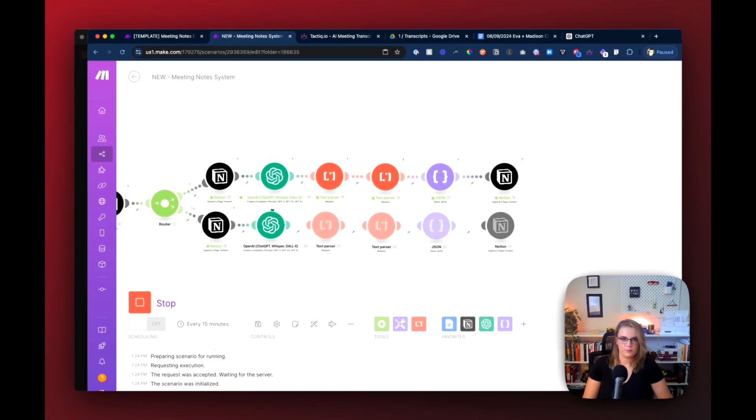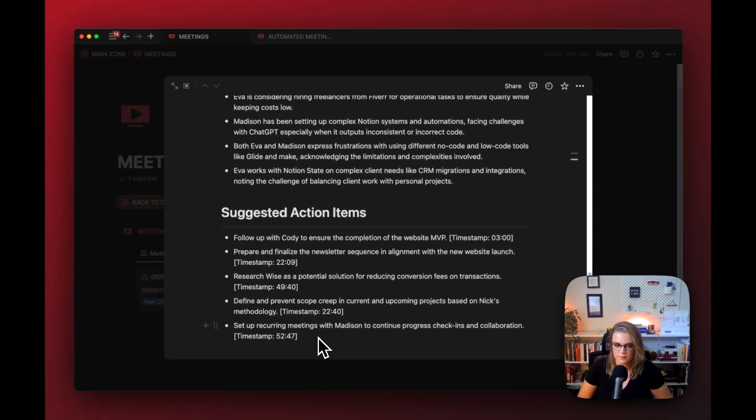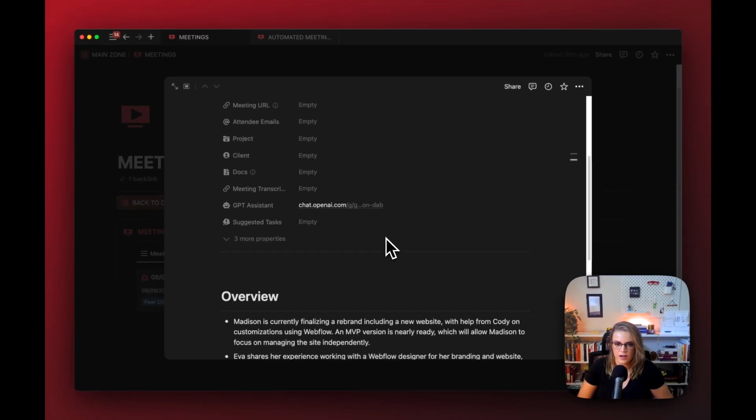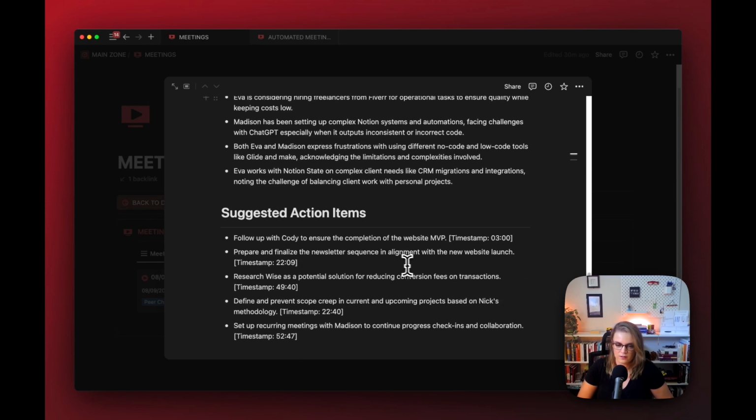I'm so tempted to jump over to the page to see what it's producing, but I'm going to give it another second here because it should be done momentarily. Oh, yes. Awesome. All right, let's see. It's happening in real time. Isn't that awesome? Okay. So now what we have here is a meetings page with an overview created with suggested